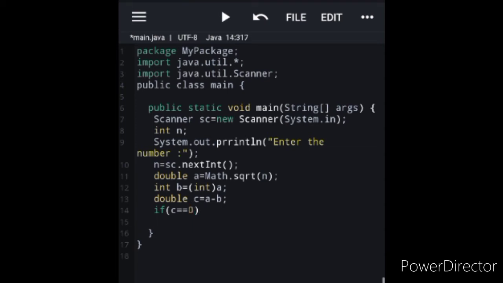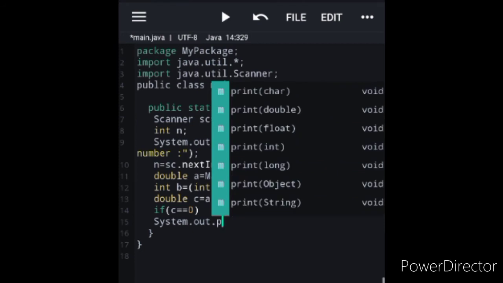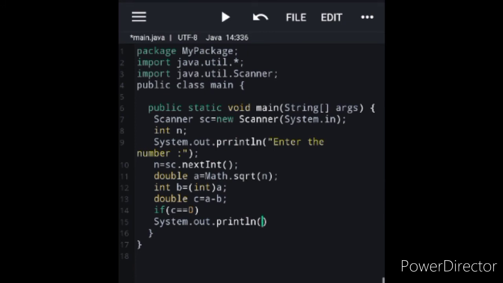then we can say that it is a perfect square.